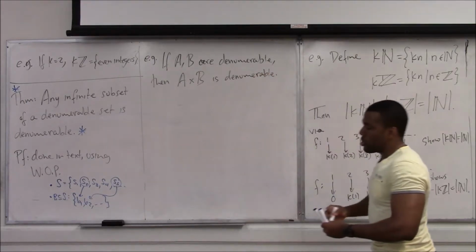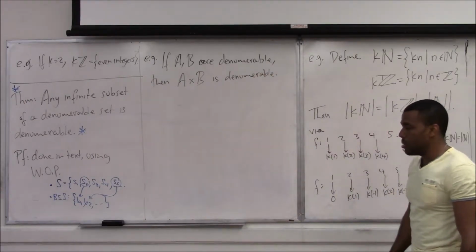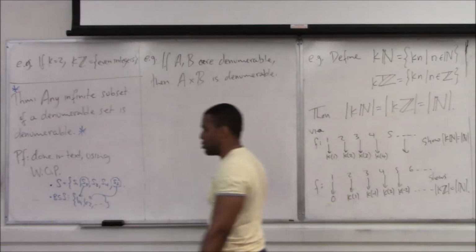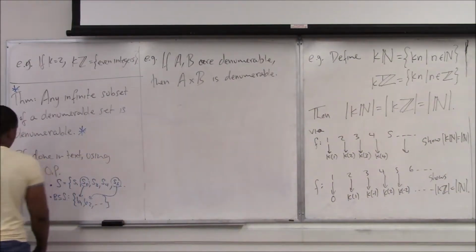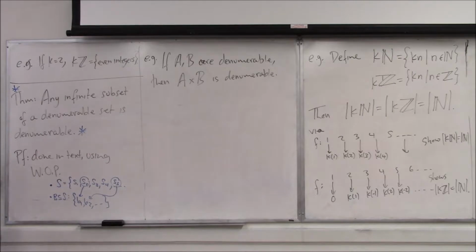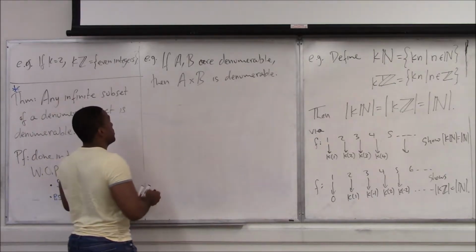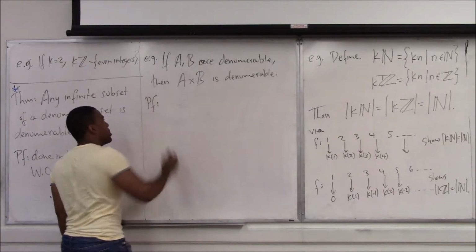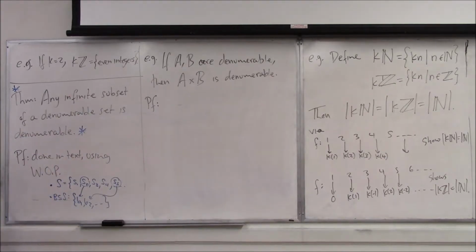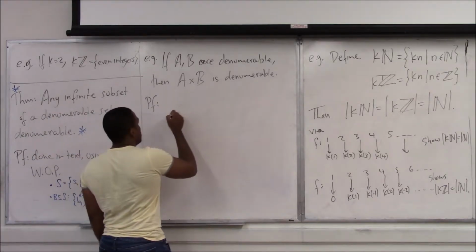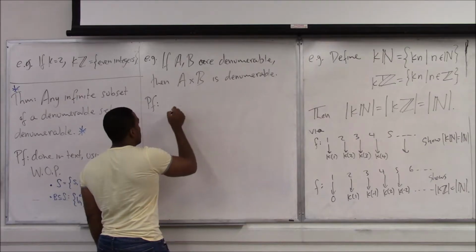So the set of all coordinates where the elements in the first and second coordinate come from denumerable sets will be denumerable. Here's a nice little trick to do with that. All we need to do is describe some rule that can list all the elements, and we will show that we can do this in such a way that we don't miss anyone. So how we do that is